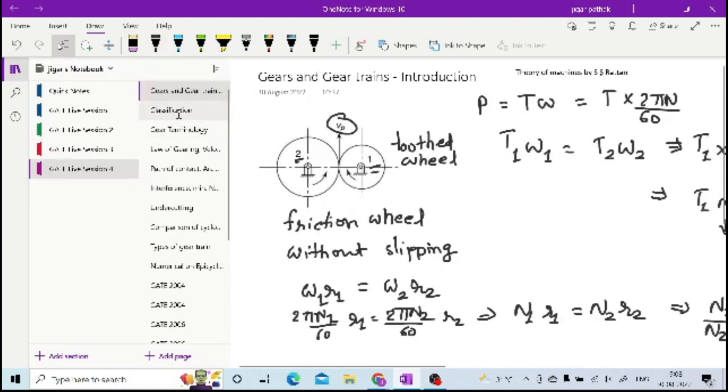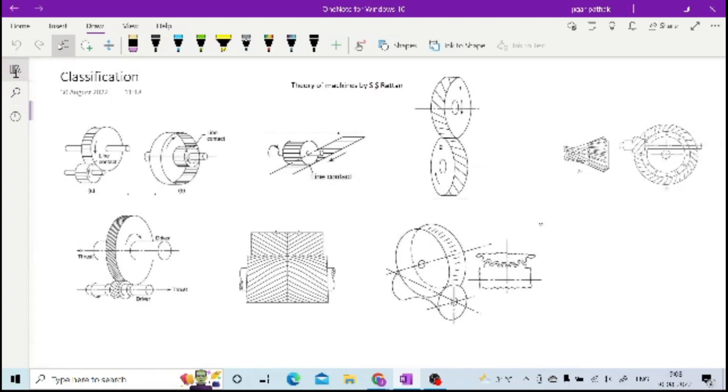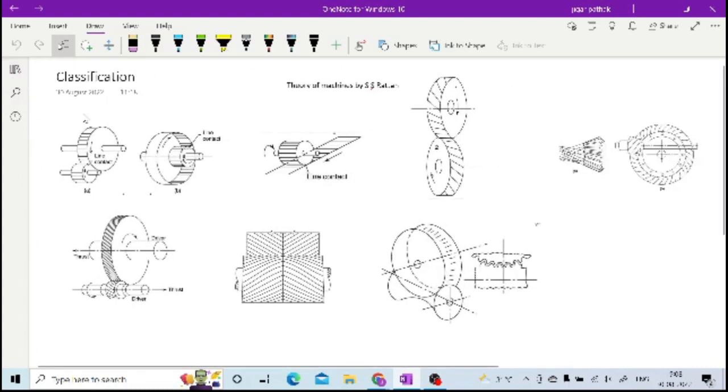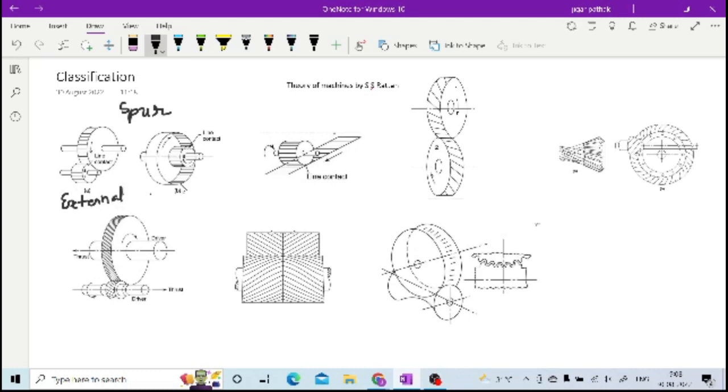Now, looking at the classification of gears, based on the axis of the shaft on which they are mounted, they are classified into different types. The first is the spur gear, where both axes are parallel and not intersecting, so the gears are mounted on parallel shafts. Figure A shows the external spur gear, while here you have the internal spur gear,